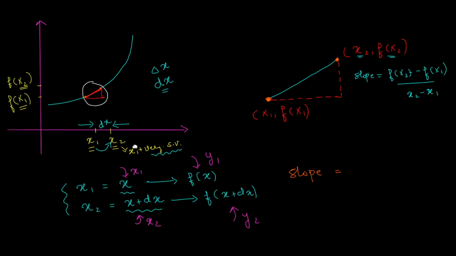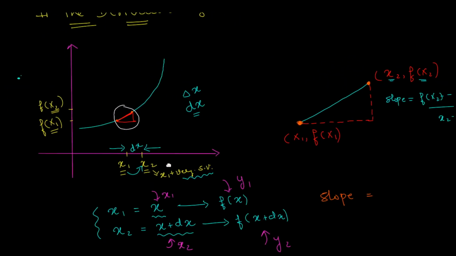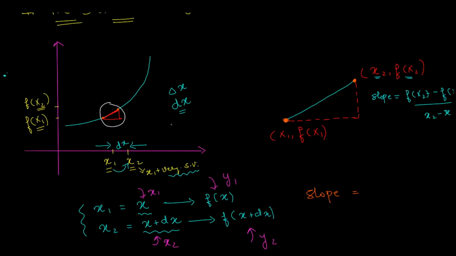Before I get into slope, I hope by now you are convinced to some extent that I can in fact find the slope of a curve this way, but different points of the curve will have different slopes. Yeah, I give you that. If I do whatever I did, decreasing the values between x1 and x2 so much so that you end up getting a point, you can do the same exercise for this point, then the slope will be something else.